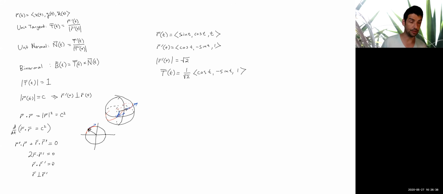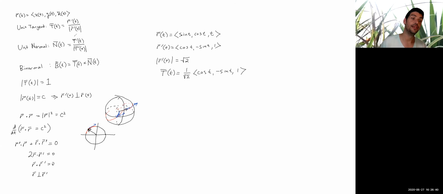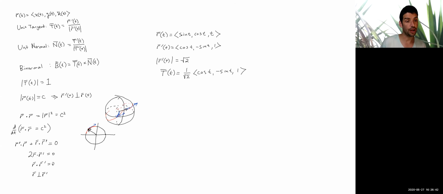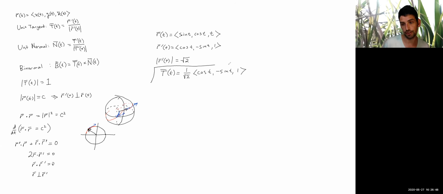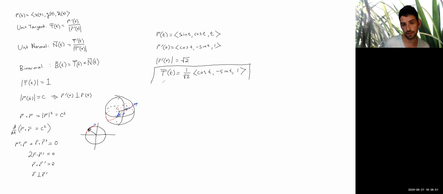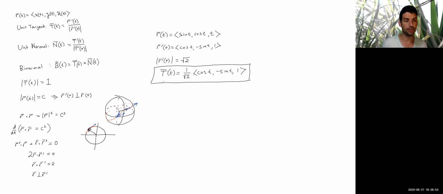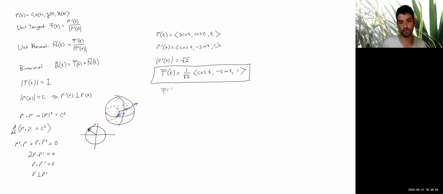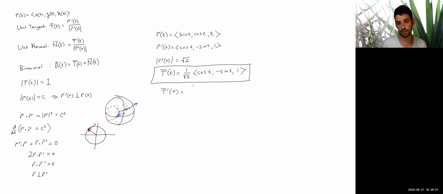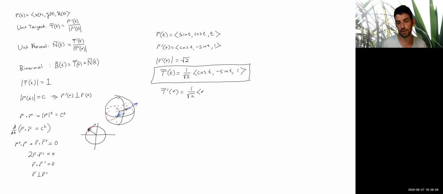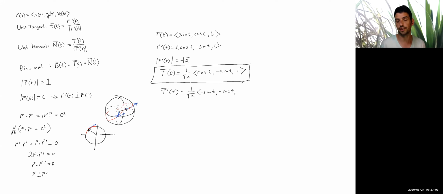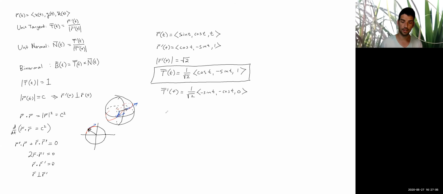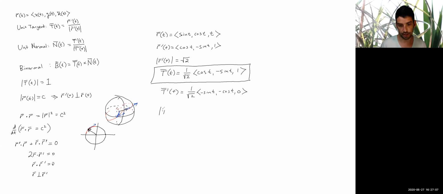So what do we need next? We want to compute n, so I need the derivative of t. So let me just box the ones I'm going for here. So here's t. To compute n, we want t prime. And this is going to look like 1 over root 2, negative sine t, negative cosine t, 0. The magnitude of t prime,